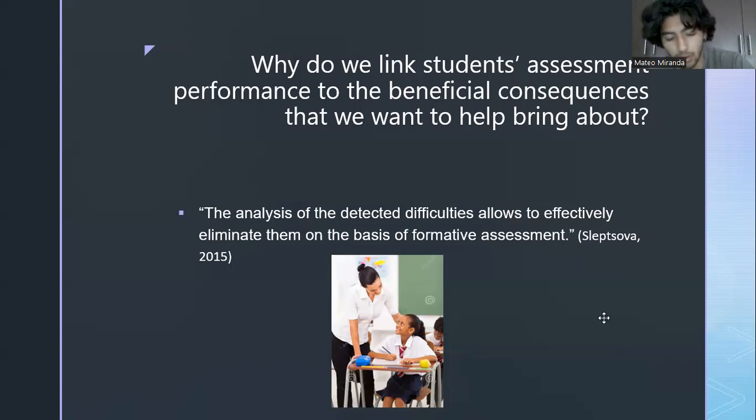This question is very important to answer, because it is how we link this assessment and how the teachers can grow too with the performance of their students,